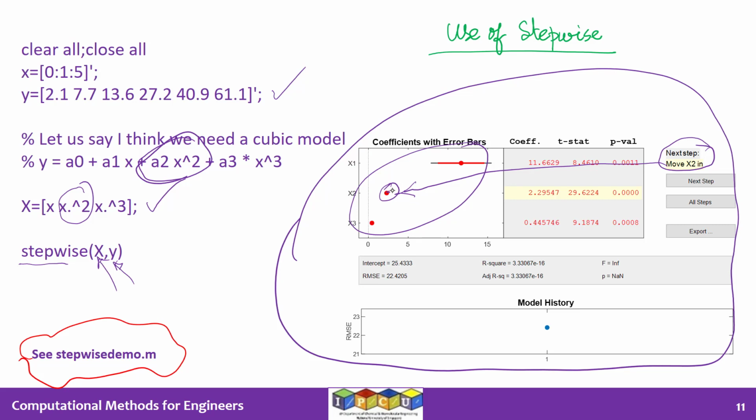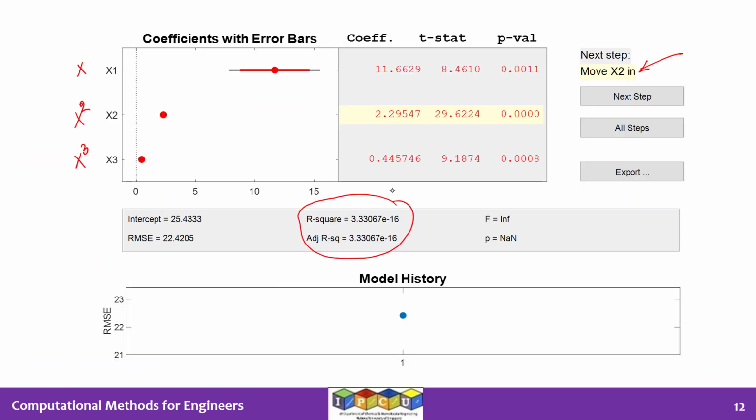At this point in time, I will present a zoomed up shot of what you see on this particular slide. What you see here is exactly the same thing, and I just want to make a few comments on this. One is this is what we saw. It suggests that the x2 variable has to be moved in. That means the second column of the big X matrix is suggested to be brought into the model. So keep that in mind.